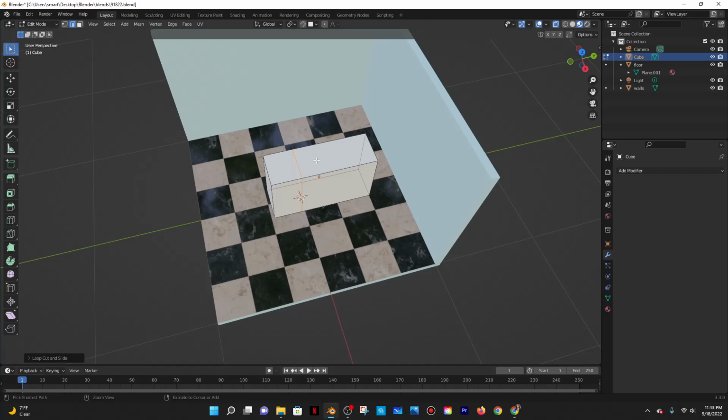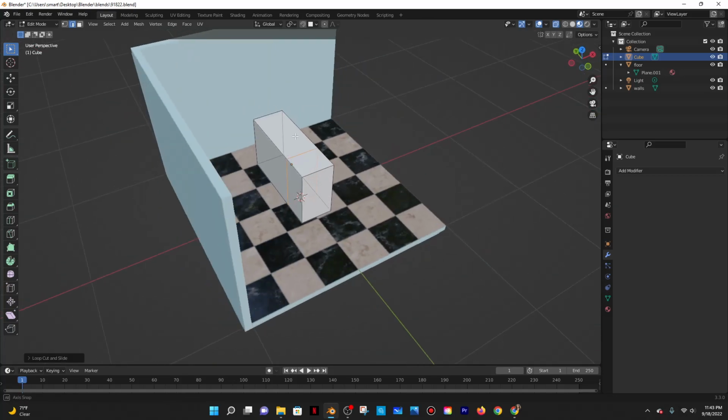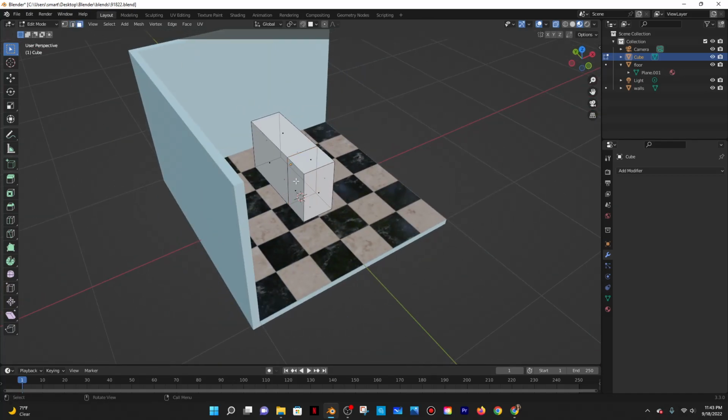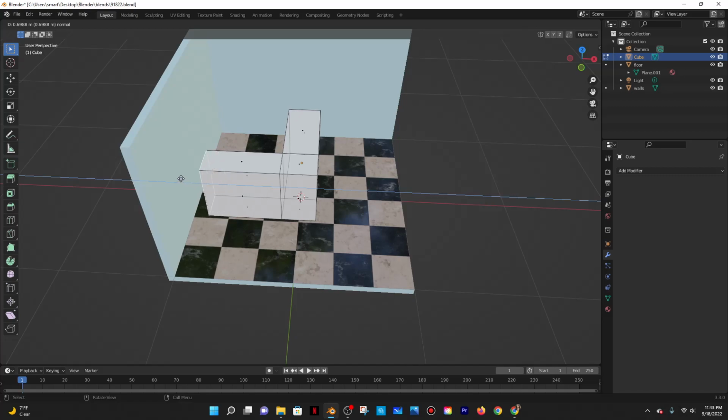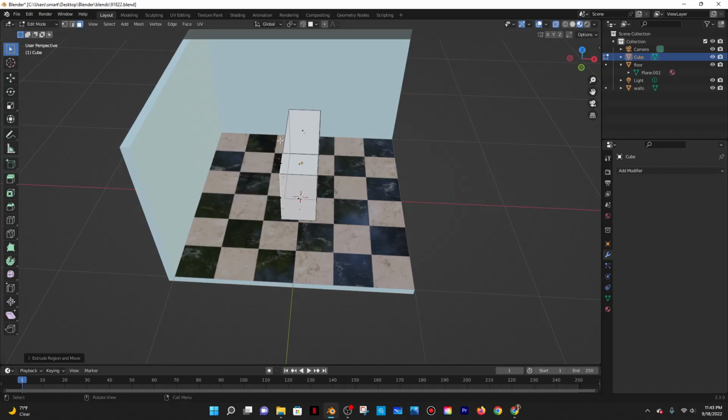Trying to see if that's good. And then what I'll do now is I'll go to face select and select this face and then press E, no, not R, I mean E, whoa, escape, E to extrude, and then have it extrude kind of this way. Actually, I'm going to do escape and then make sure snapping is on and then press E and then it's going to extrude,